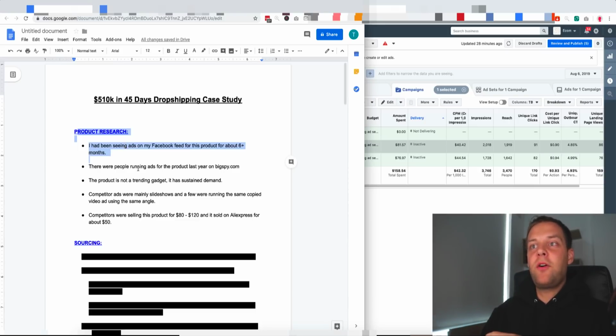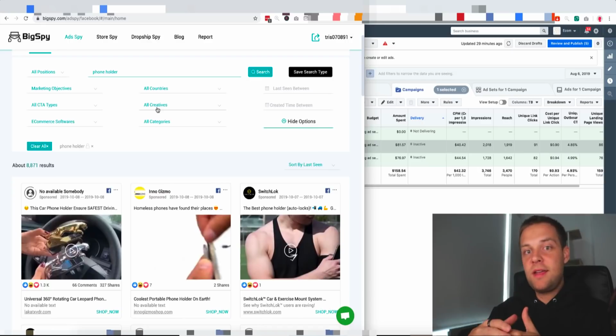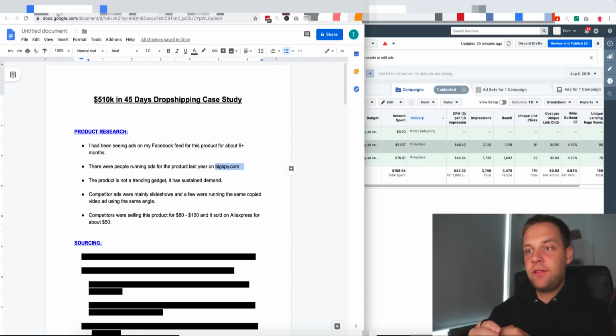And when I checked it out on bigspy.com, which is a free spy tool, I typed in the product and I could see the people advertising it like over a year ago, right? So a lot of people say that you shouldn't test really old products. And that's true if there isn't sustained demand for the product, right? So if you're testing a product that consistently sells throughout the year, you have a much better chance of